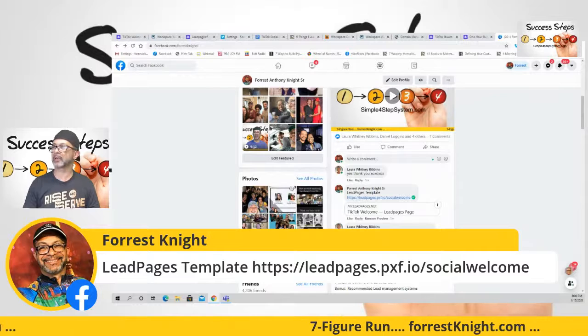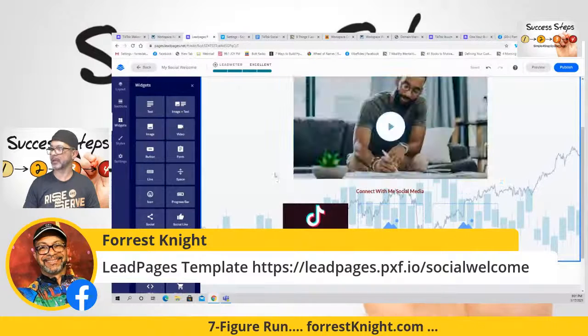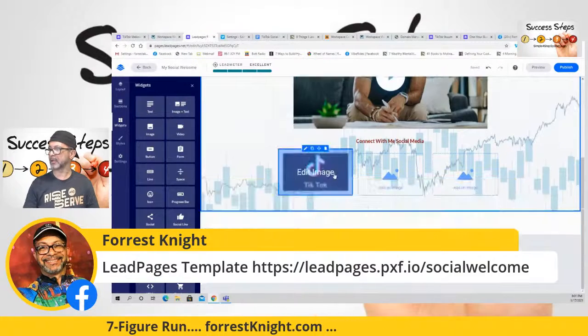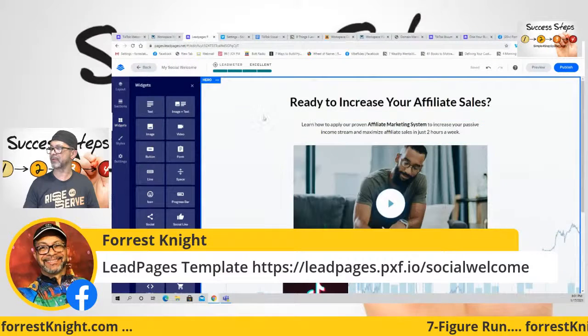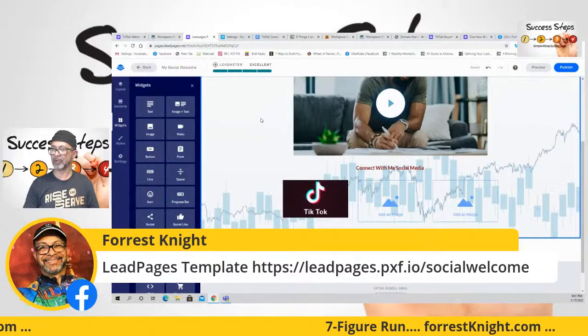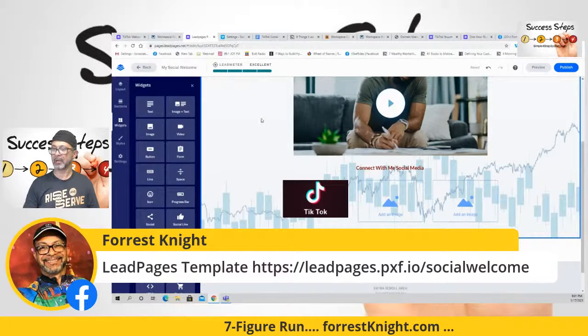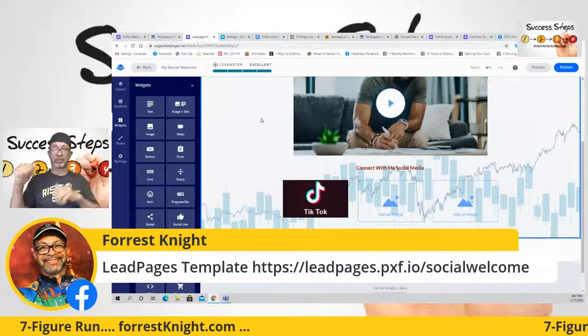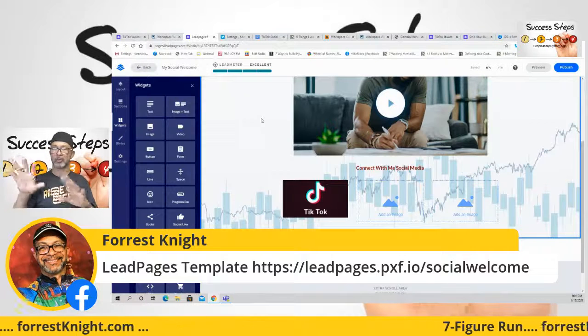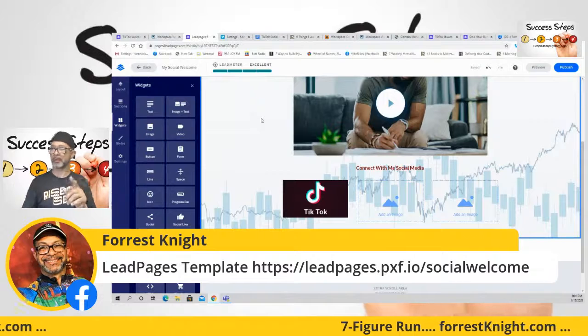Awesome. So coming back to what we're talking about in the lead pages. Again, this is all customizable depending on how you want to set it up, what kind of links you want to have in here, and what kind of information you want to have on the page. The entire purpose of this, and you'll dig the training tomorrow, is that I'm going to show you how to duplicate this page, and you can create a landing page.